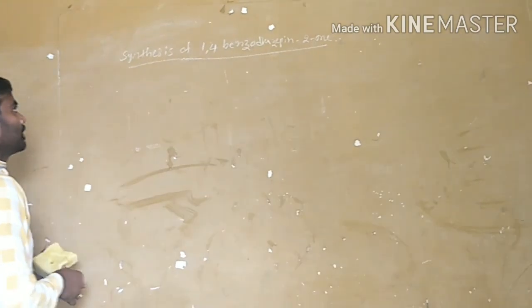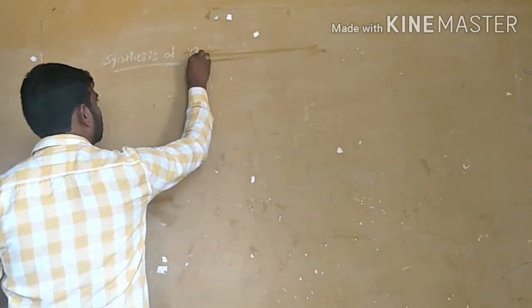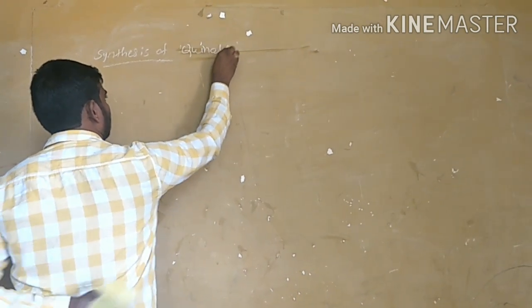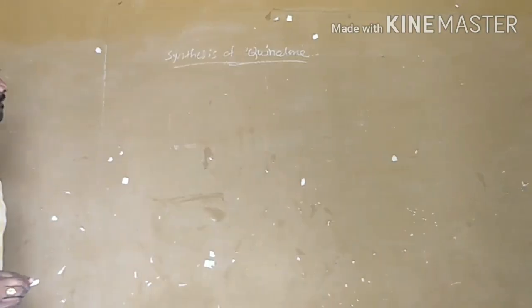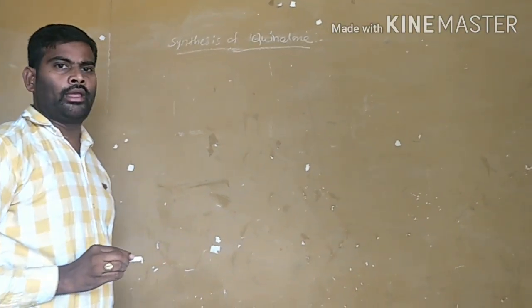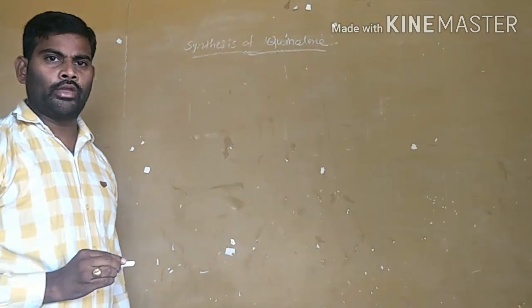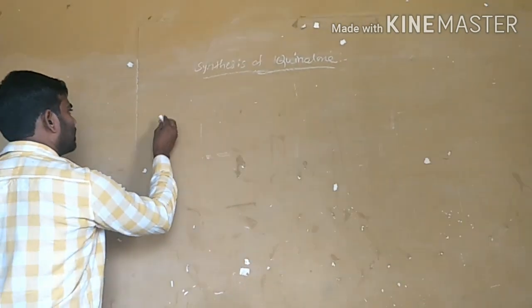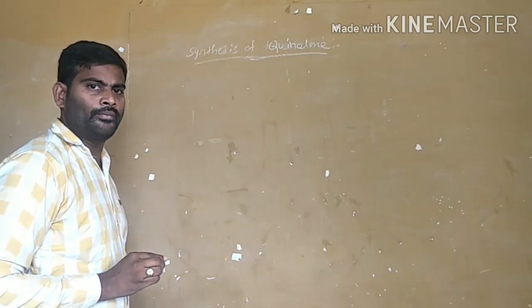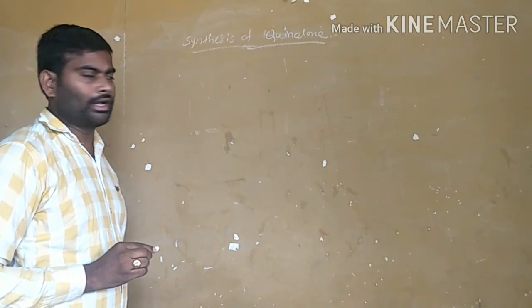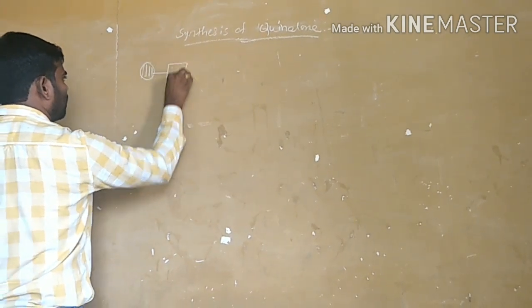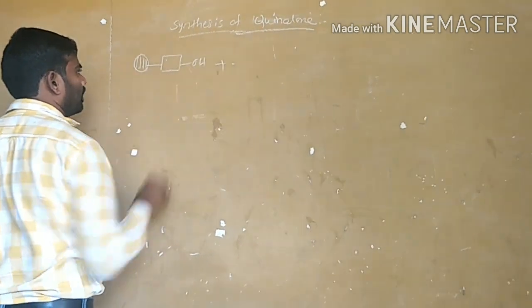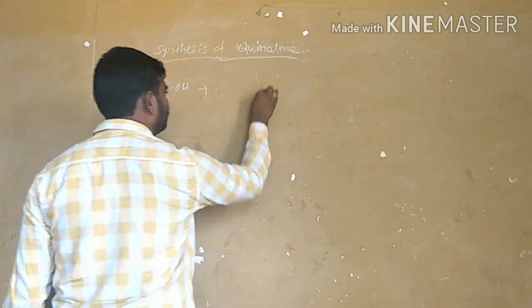Second example, synthesis of quinolones. And this process is done by a chemical company, Parke-Davis. For this, we are taking the Wang resin. Already we discussed the Wang resin. Simply I am writing this Wang resin as OH, and this Wang resin is bonded to